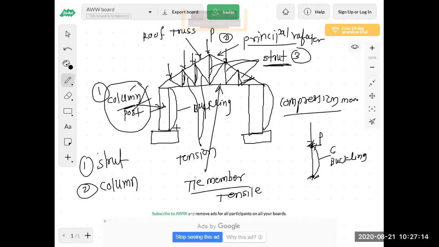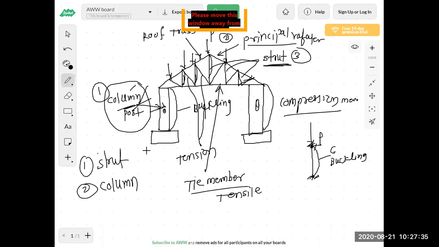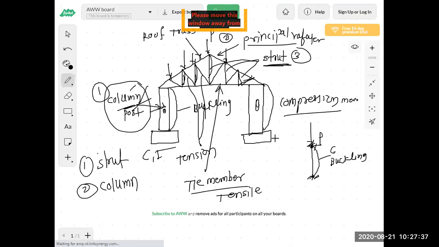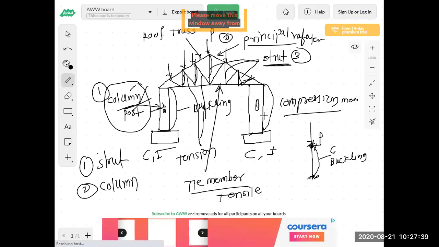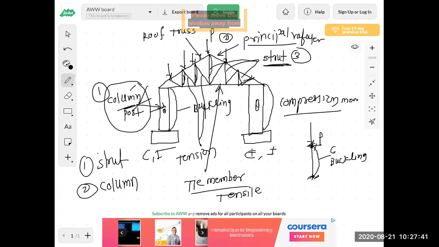Lakshat aala how the steel structure is there and what the compression members are. In this truss we are using angle sections as compression members, and these members are the strut members and principal rafter. And in a column, these are the vertical posts, we are using a channel section or I section for this column.